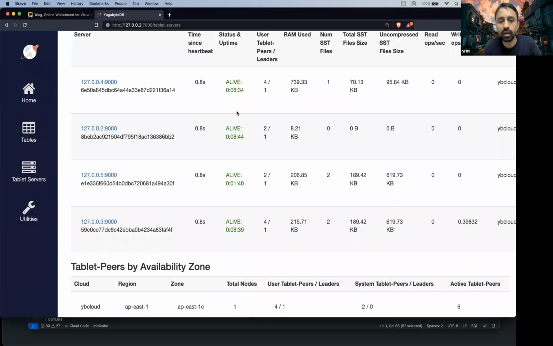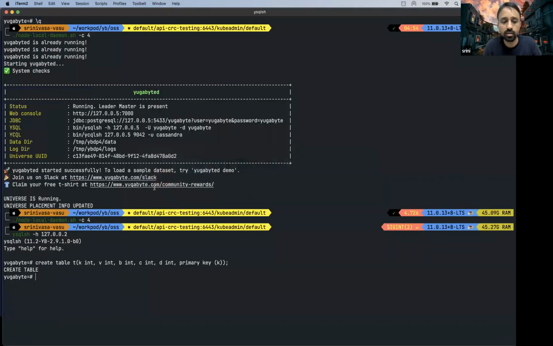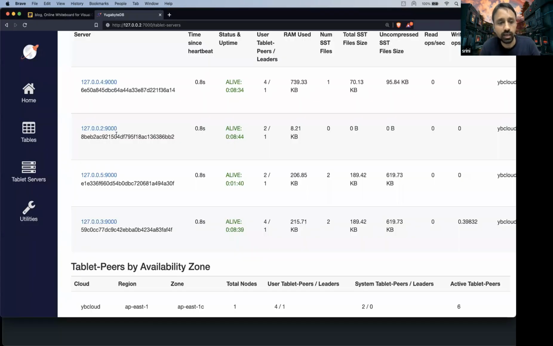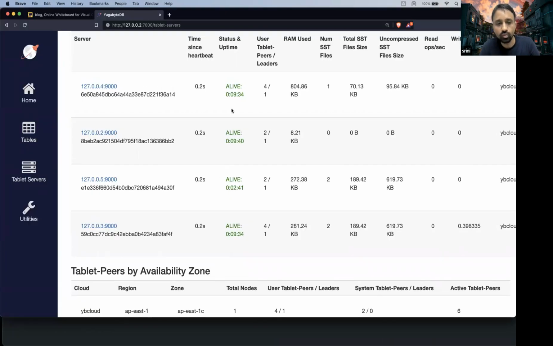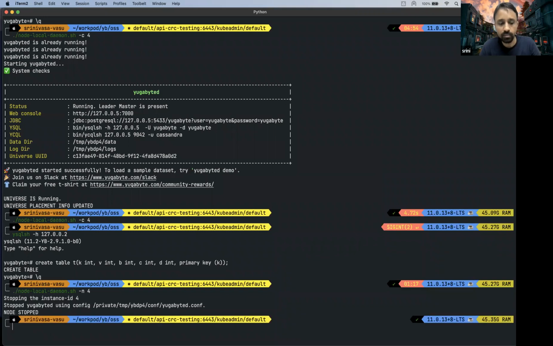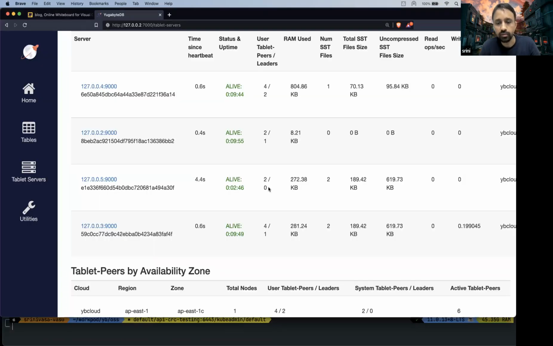What happens if I bring down one of the nodes in the cluster, right? So I'll go ahead and bring down node 4, which is, in this case, 127.0.0.5, right? So if I refresh my view, everything is healthy. The heartbeat information is flowing across all the nodes in the cluster, so there is no disruption, right? So the moment I stop my node, I'm stopping that instance. So if you look here, the heartbeat information is going up